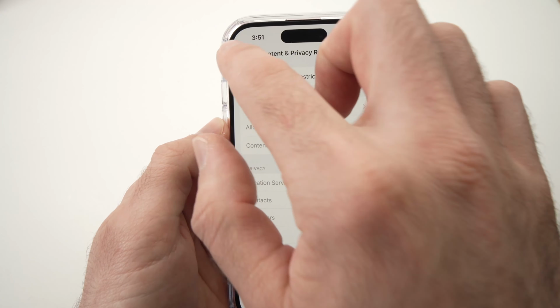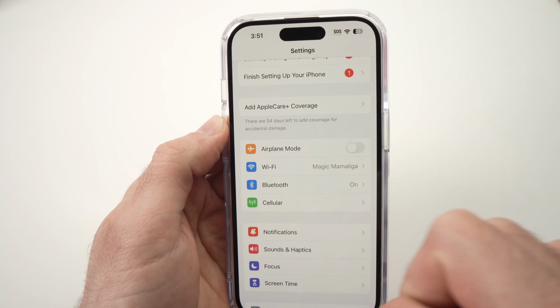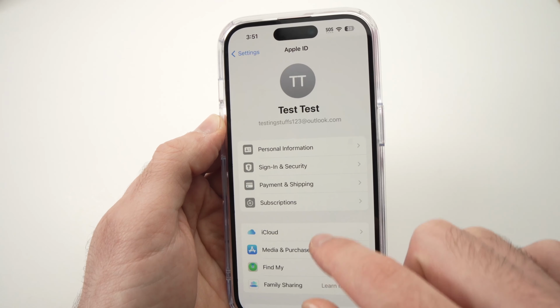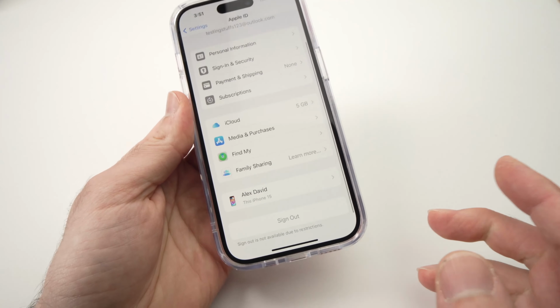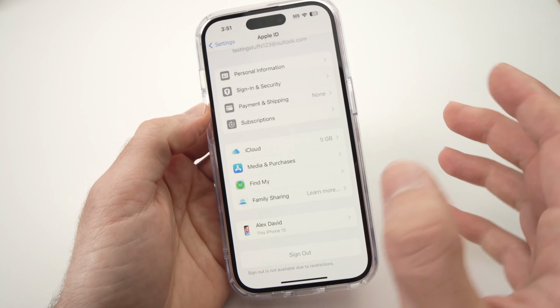Unfortunately, even if it's off right now, I'll just show you. Now go back here. Even if it's off, you still do not have access to sign out. So what should you do? Well, it's easy. Go back,